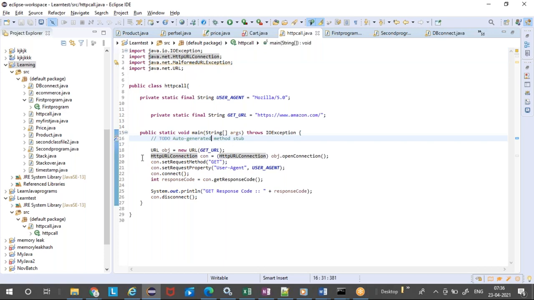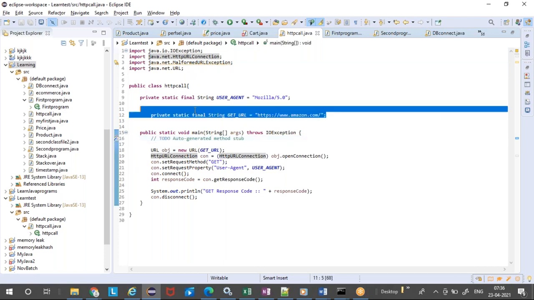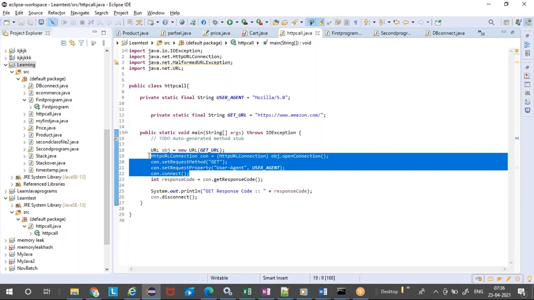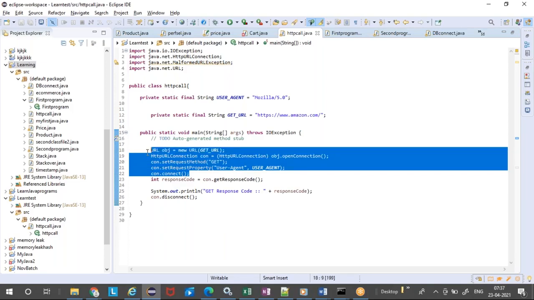You don't need to write it on your own. Whenever you copy these lines of code, we are passing the URL and this user agent to this. We are creating an object for the new URL, and then we are creating an object for the new connection, and then we are setting the method as a get, and setting the property as user agent. Don't worry what is what. All these things are required to establish a connection. Simple as that. Just a reusable 4 or 5 lines of code for connecting any third-party services, any third-party URLs, any HTTPS calls. You just need to use these 5 lines of code to connect.